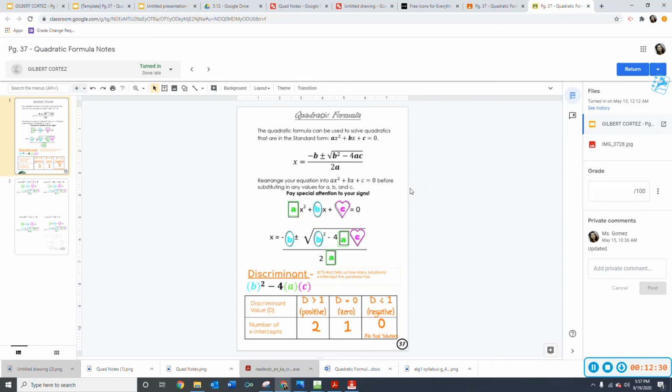Gilbert went ahead and highlighted all the correct variables, and then he also typed in the definition of a discriminant and correctly moved in all of the objects here. Now, we had a second page. We had a back page,